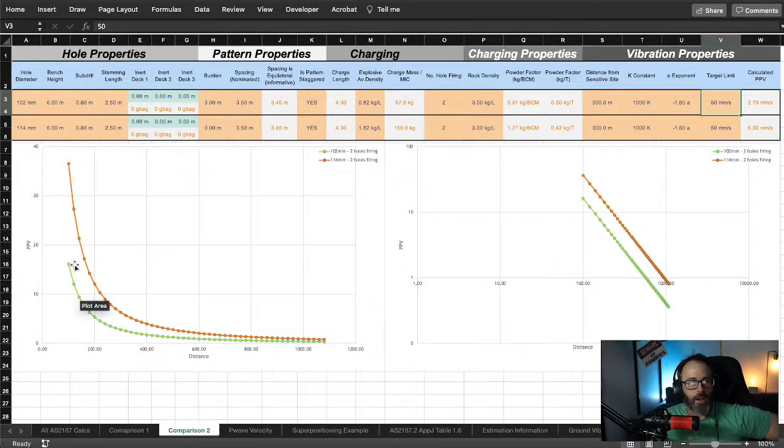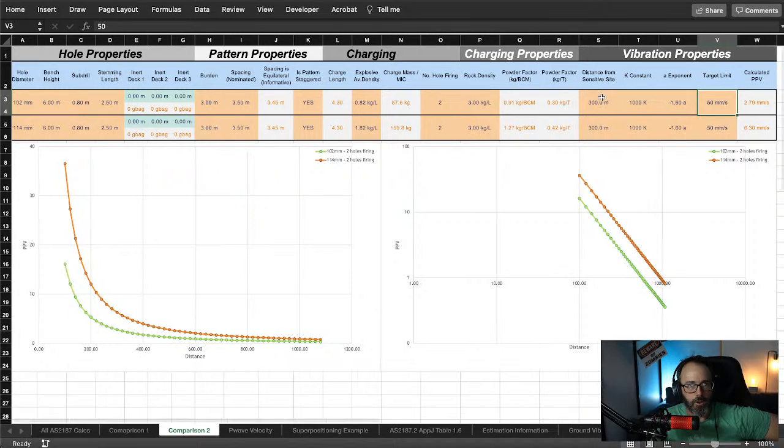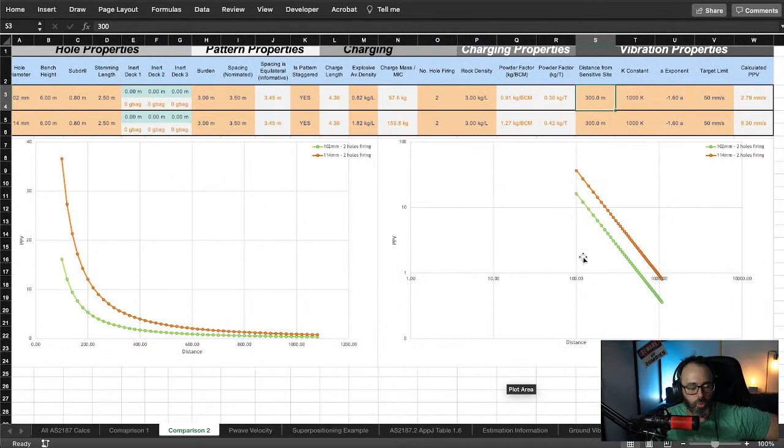We can see that if we are going to initiate, so we've got like the first hole, 102, 2 holes firing, 102 mil, and this is our curve at 102 mil. So if we know what distance we are away, then let's do that. Let's say there's a nearby town about 1 kilometer away. We'll give them 1,000 meters to be away. I have 1,000 meters, and let's say I'm in an igneous ore body,